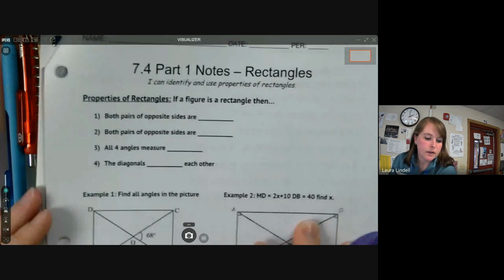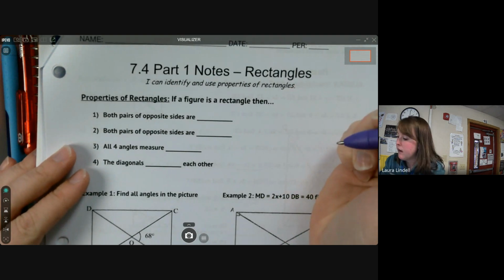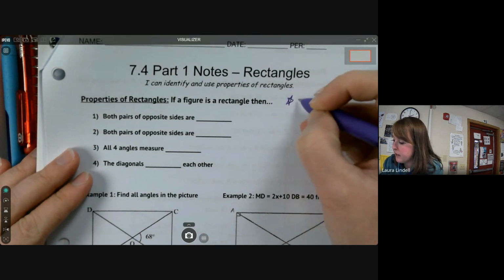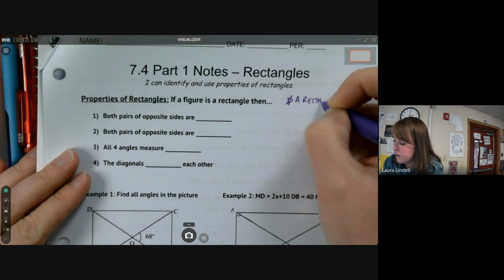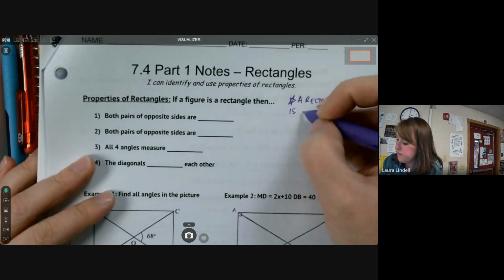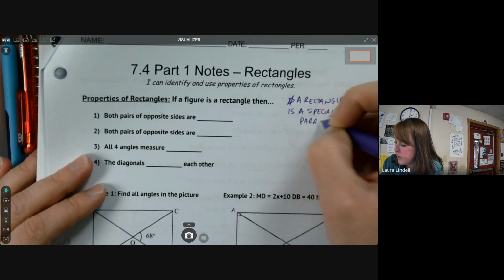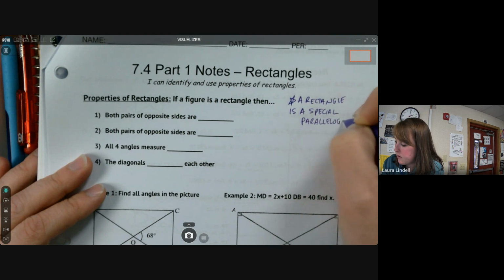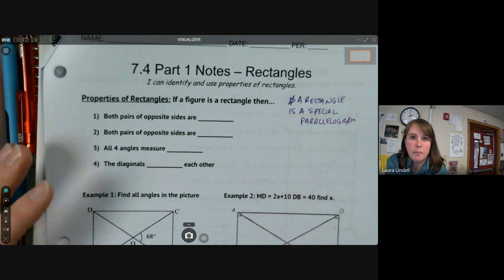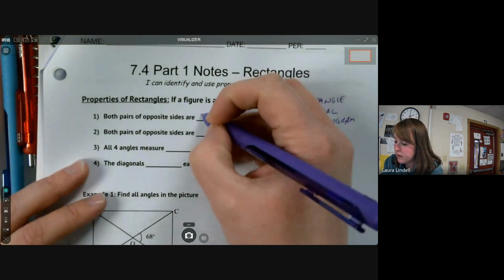Okay, so starting here, first thing we want to note is that last week we talked about parallelograms. So a special note, a rectangle is a special parallelogram. Meaning that it has all the properties of a parallelogram plus some extras. So we're going to remind ourselves of some of the properties of parallelograms, and then we're going to add a few. So the first thing we want to say is that both pairs of opposite sides are congruent